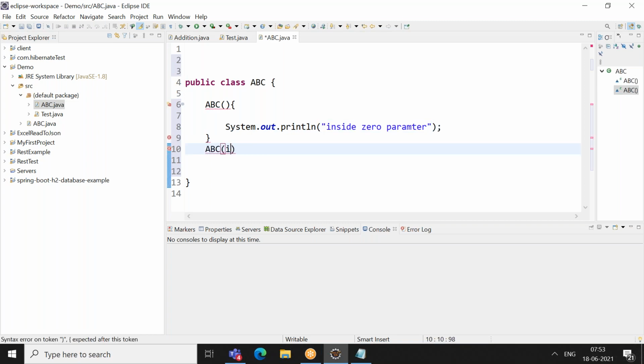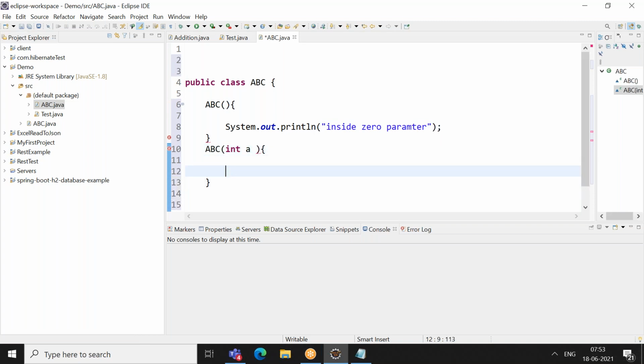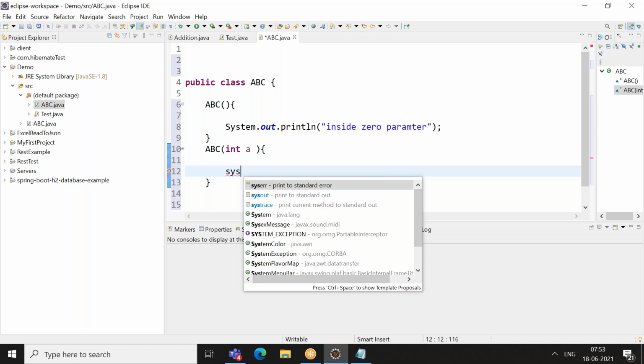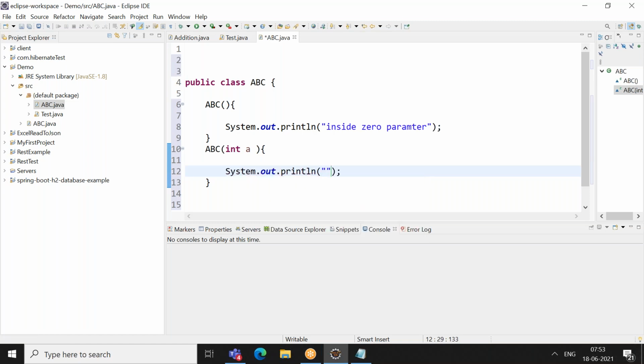So this is like inside one parameter. Here I'm specifying inside zero parameter. I'm just specifying that this constructor is getting called.